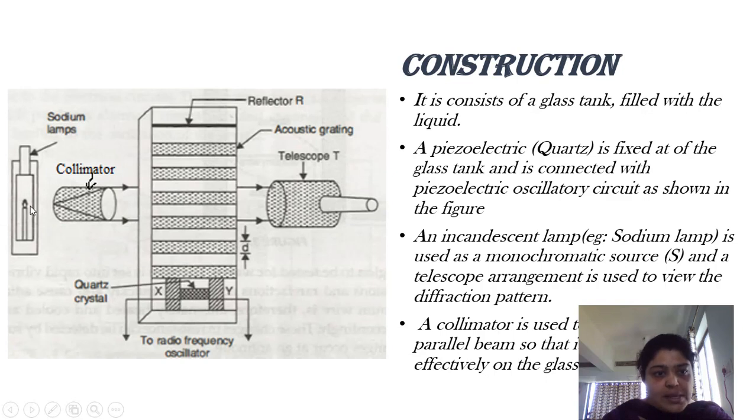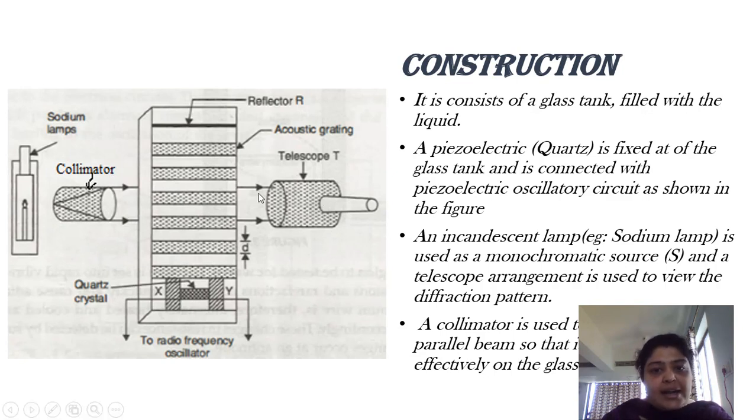The light which is emitted from the lamp will have only one wavelength, but this light will spread in all different directions. So what is done? This light is given to a collimator. What will the collimator do? Collimator, you can say, is an assembly of lenses where the input it receives is converted into a parallel beam. So can you just see, whatever light was scattered, this light is now converted into a parallel beam by this assembly of lenses. So the purpose of the collimator is to accept the light and give us a parallel beam.